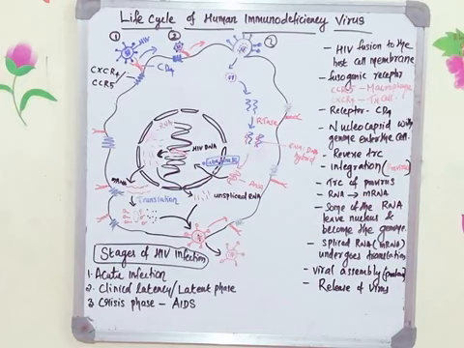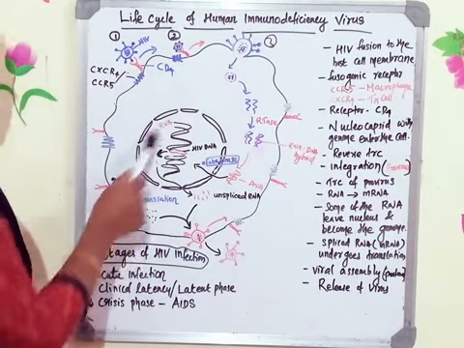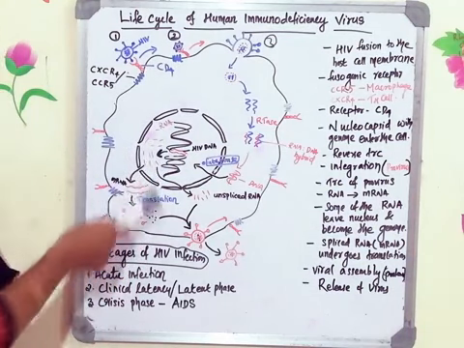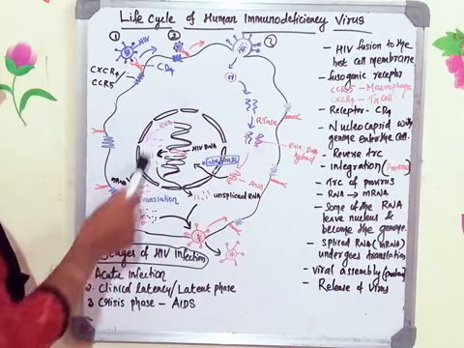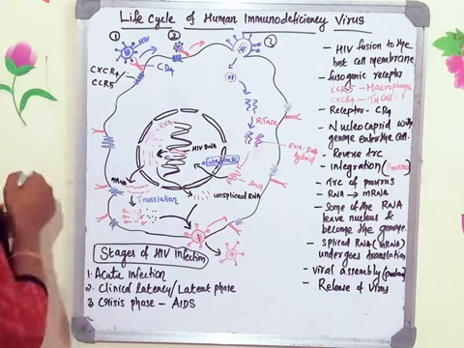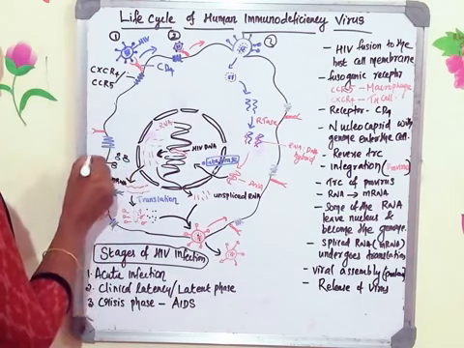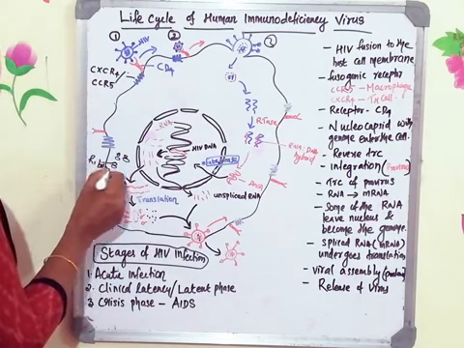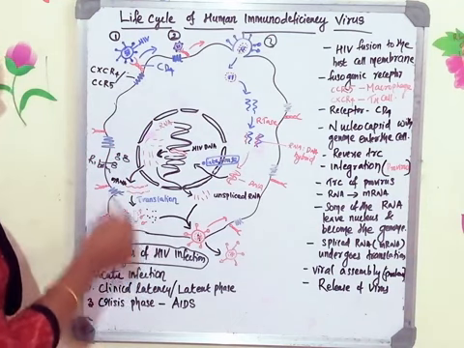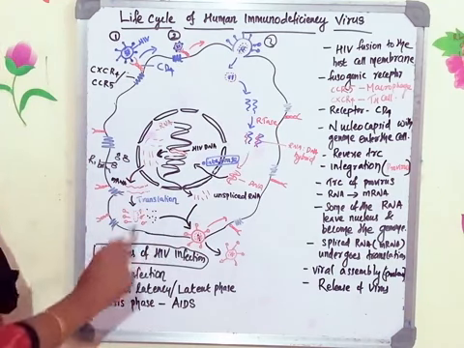The gene expression process means it undergoes transcription and translation. After the transcription, out of the RNAs that are formed, half of the RNA, without entering into the RNA processing mechanism, leaves the nucleus, whereas the other RNA undergoes processing and mRNA will be formed. Those mRNA bind with the free ribosomes in the cytoplasm. Those ribosomes associate with this mRNA, and then proteins will be synthesized. What are those proteins? Glycoprotein and the nuclear core protein, and then all the different enzymes, everything will be formed after the translation, and the packaging happens near the membrane of the infected cell.